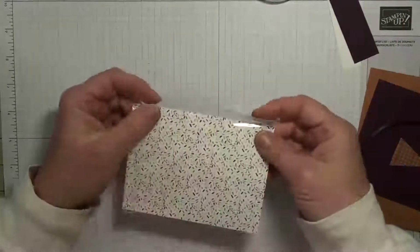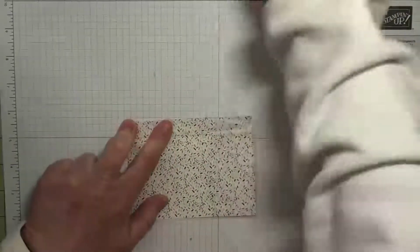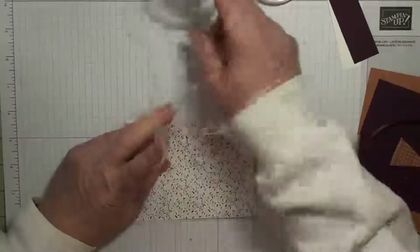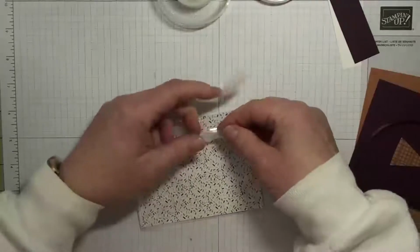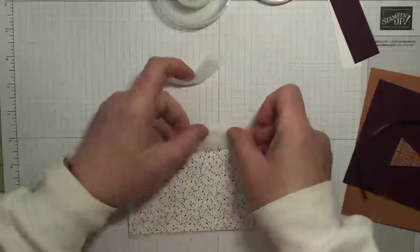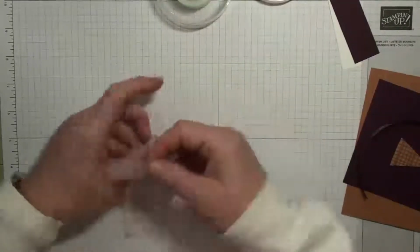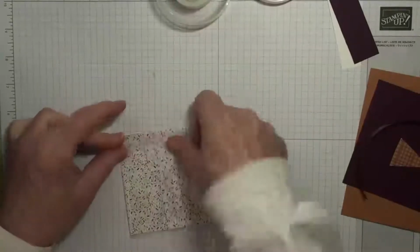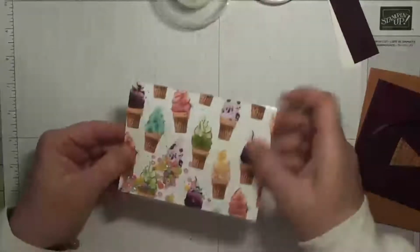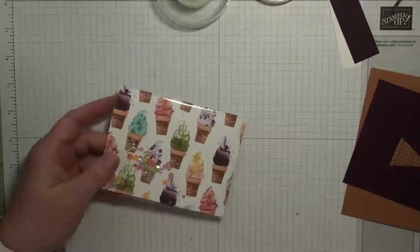Now I still have this piece left. I'm going to fold that over too and use some tape to really secure this well, just like that along the back. And there you have the shaker part of the shaker card. Quick, easy, easily mailed,